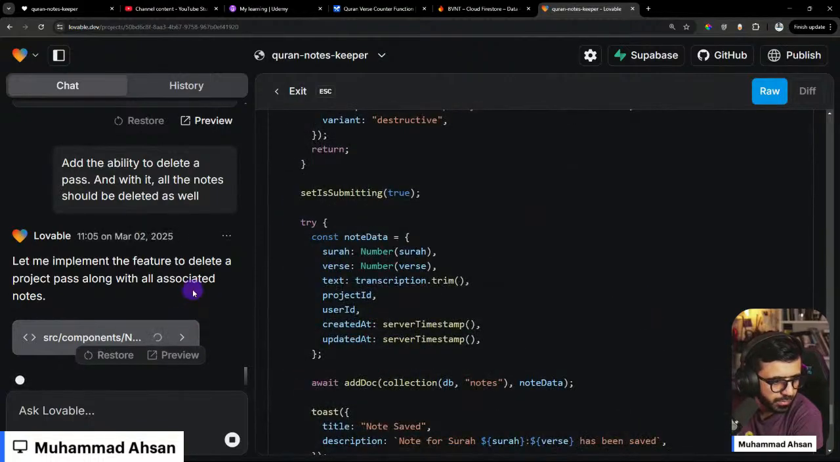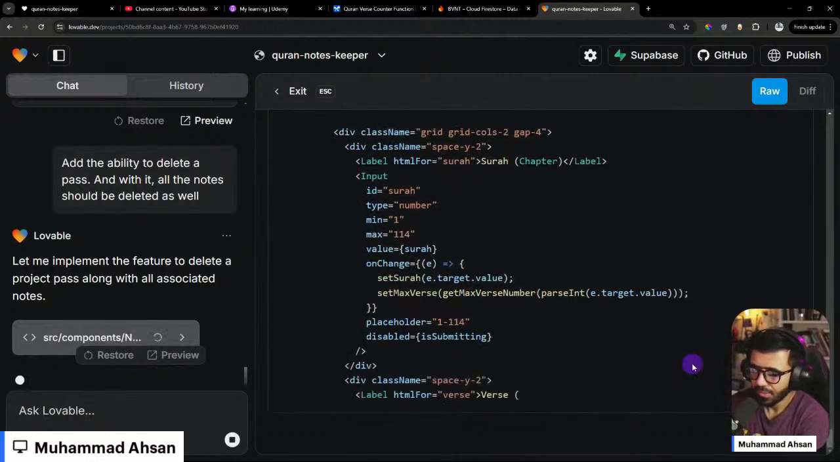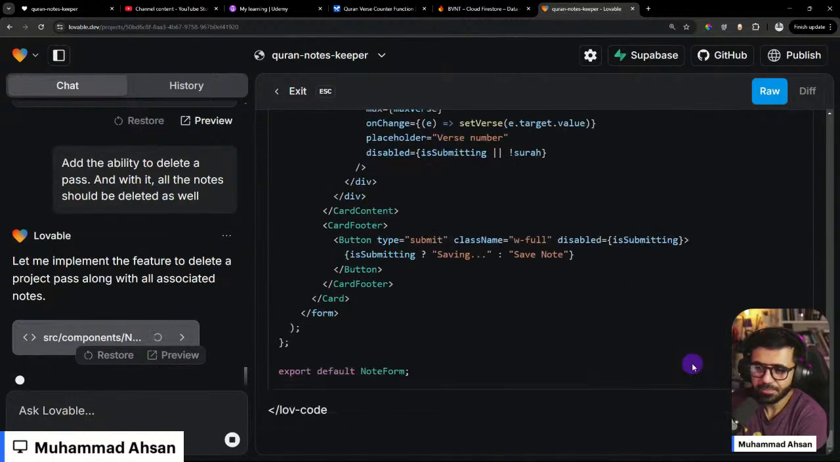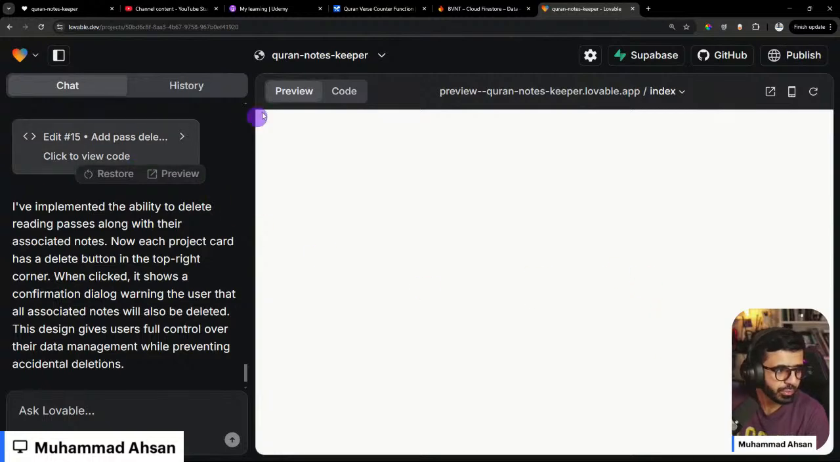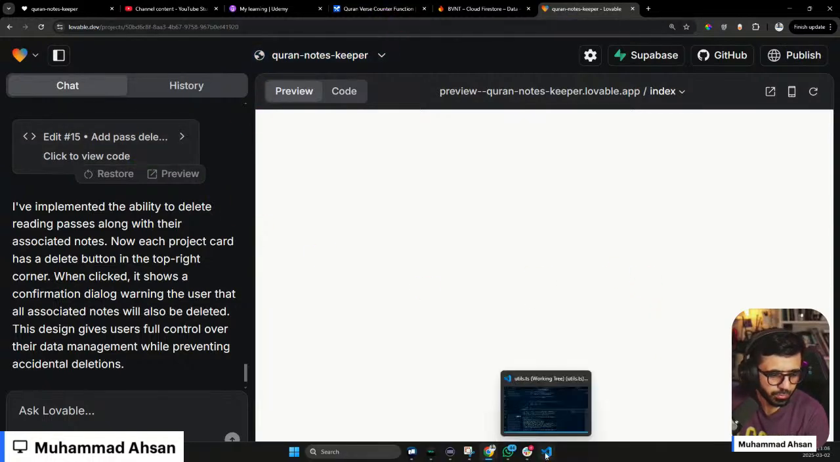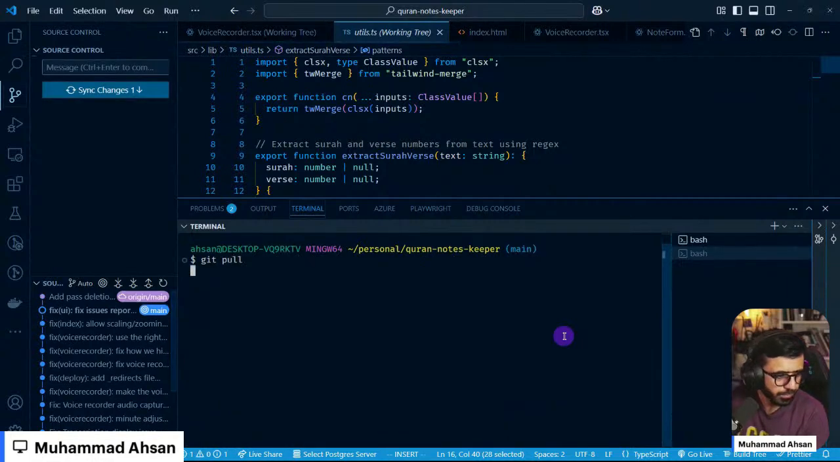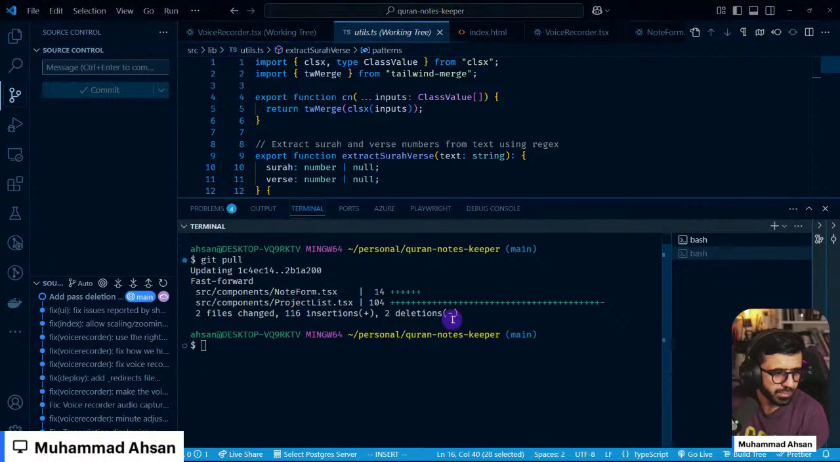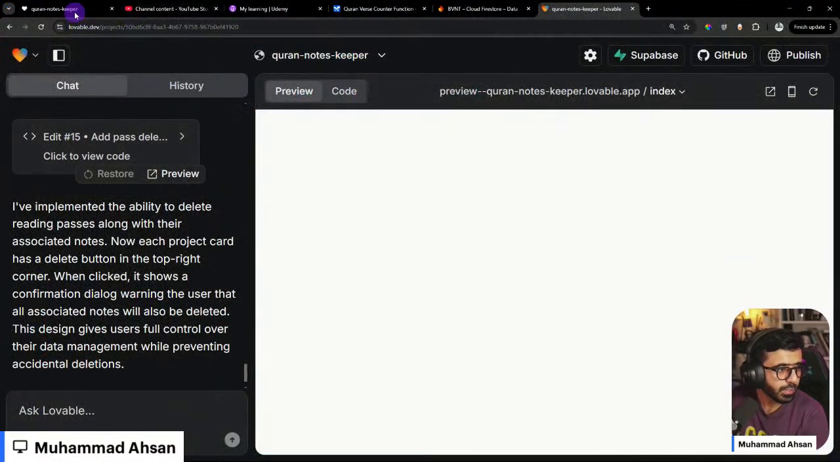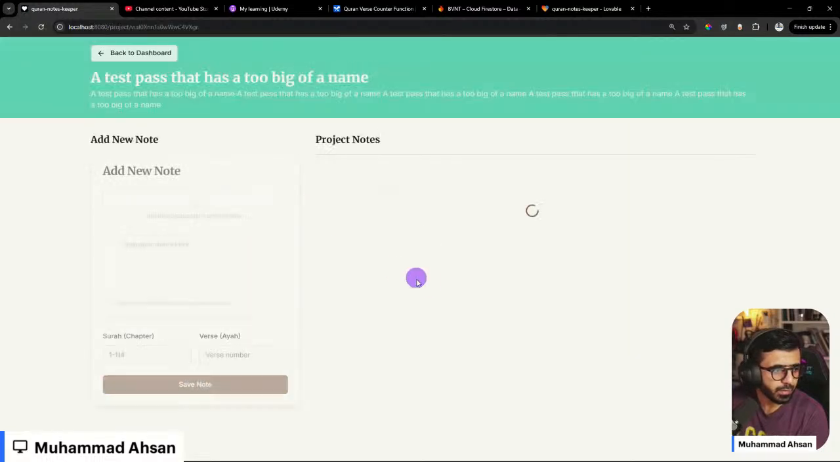So let's see if this is done. The code is still being written. Okay, so it implemented the ability to delete. This should also be now in the code. So I'm gonna go and pull the code. Git pull. Okay, so we have these things that we got now. Let's check it out. So if I refresh now, go to my app,